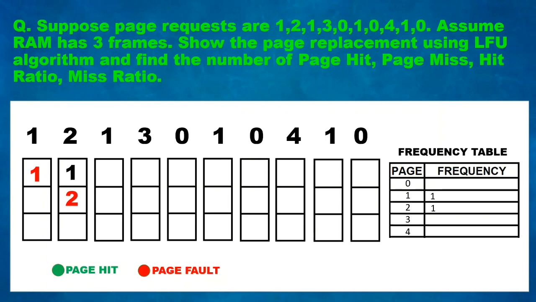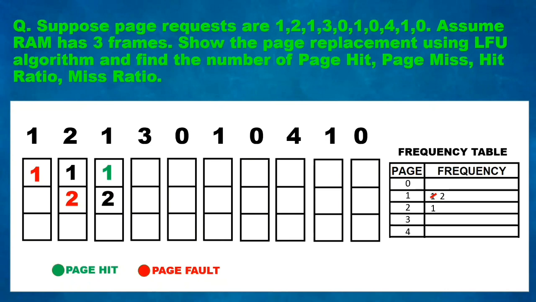Now again 1 is requested and it is present inside RAM, so it's a page hit, and the frequency of 1 is now 2 because page 1 is requested 2 times. So that is why now the frequency of page 1 is 2